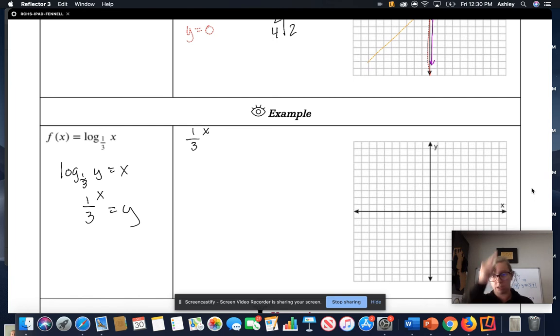So this is going to be shaped differently, right? We're going to decay over time instead of growing over time. So just something to keep in mind. So when we create our table for this,